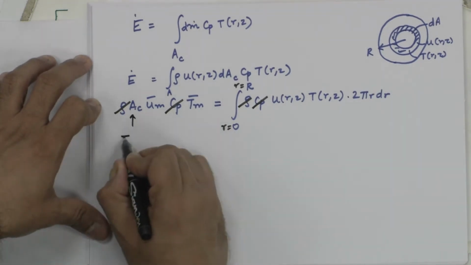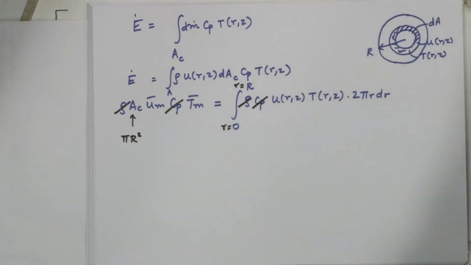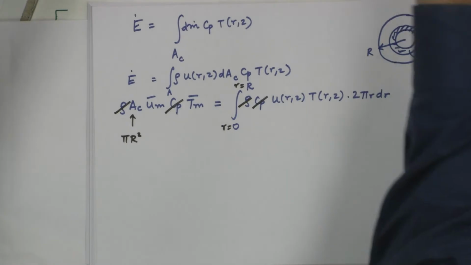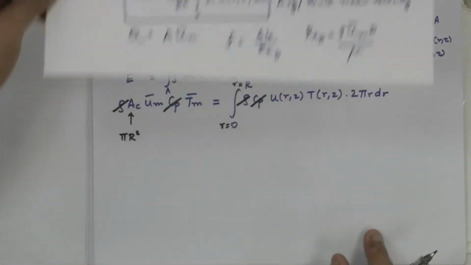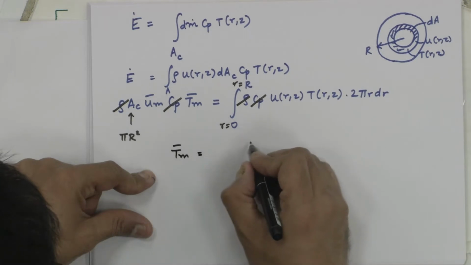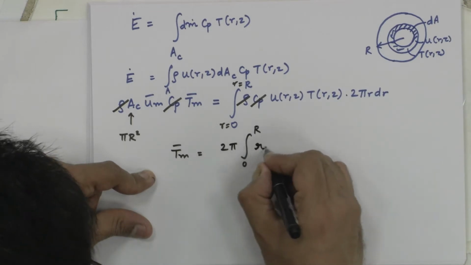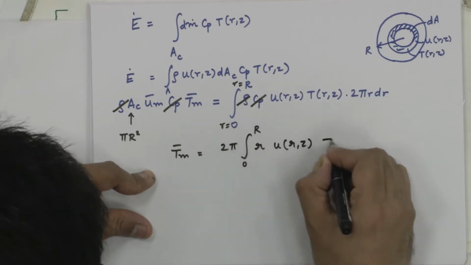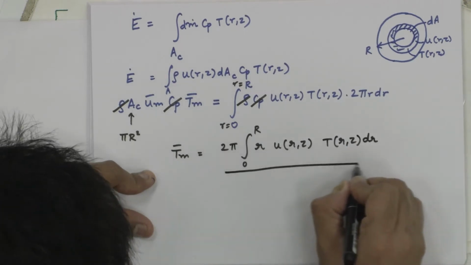This would be pi capital R squared. I have defined average velocity before in the earlier set of slides. This is my average velocity, slide number 5 earlier in the module. So, this would be a number, or I can also substitute for this directly. So, I am going to write T bulk mean is equal to integral 0 to capital R, 2 pi comes out, R u of r comma z T of r comma z dr divided by